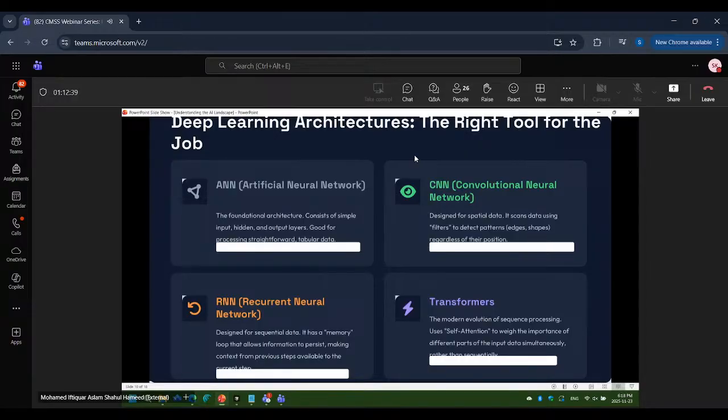For recurrent neural network, each and every word has to pass through the nodes, like the hidden nodes that I showed previously in the previous image. So all the words have to pass through the hidden nodes in order for it to know that we are talking about the river bank and not the financial bank.